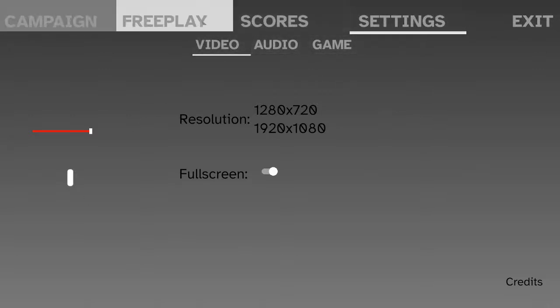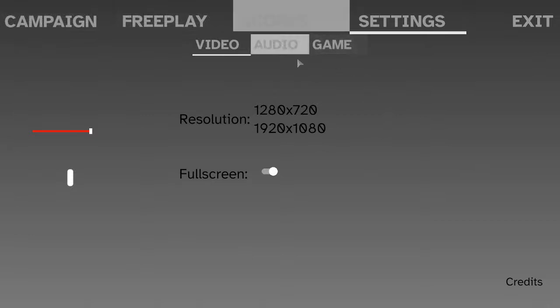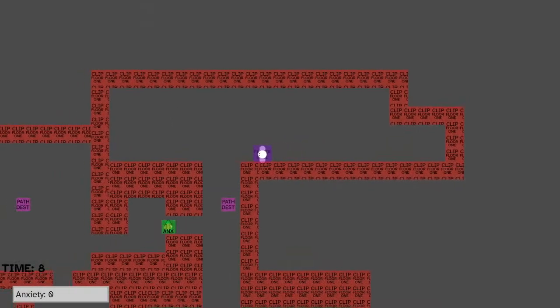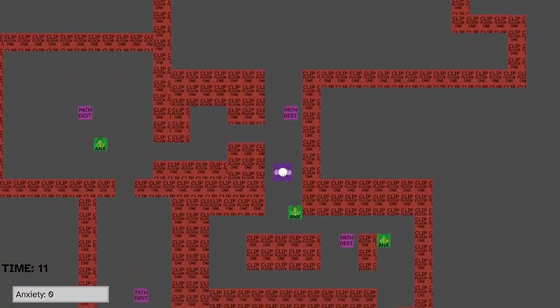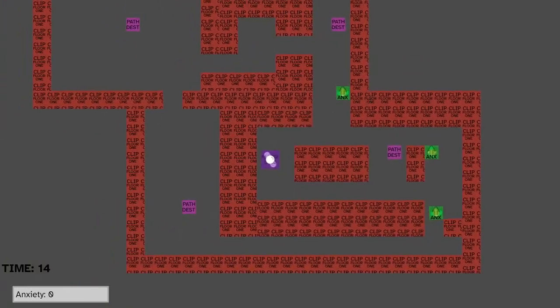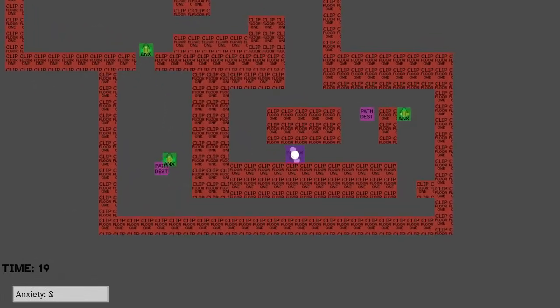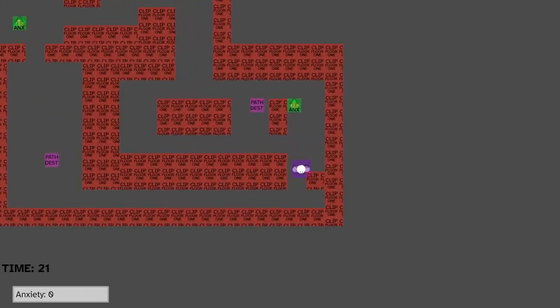This game is called Social Anxiety Disorder Simulator, and it's like simulating social anxiety in different settings almost. So the first thing here, you can't see the level because the tile support is a bit off, but this is kind of the general gist of this. If you touch anyone, then this anxiety bar down here is going to get higher, and the higher the anxiety bar, the worse it is.